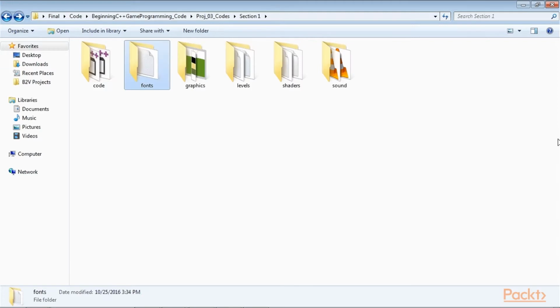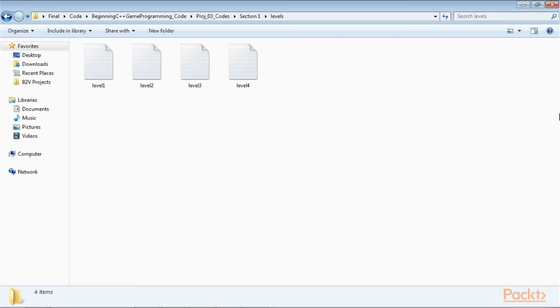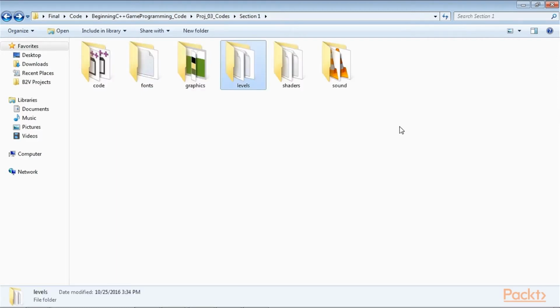In addition to the graphics, sound, and fonts that we've come to expect, this game has two new asset types. They are level design files and GLSL shader programs. Let's find out about each of them. Levels are all created in a text file. By using the numbers 0 through 3, we can build level designs to challenge players. All the level designs are in the Levels folder in the same directory as the other assets. In addition to these level design assets, we have a special type of graphical asset called shaders.